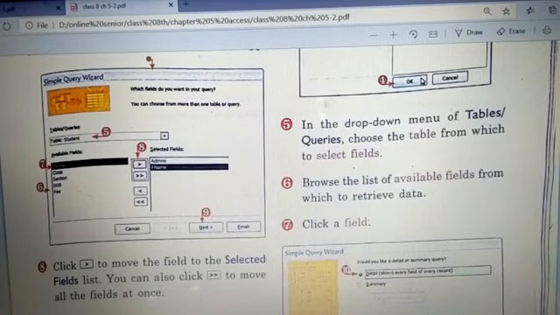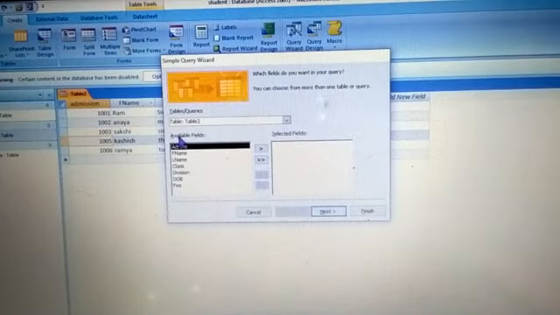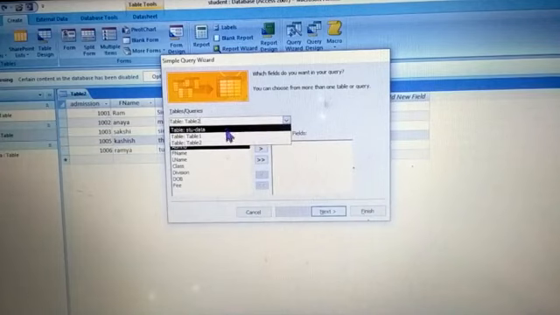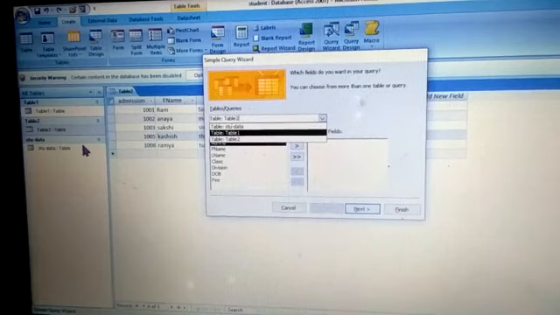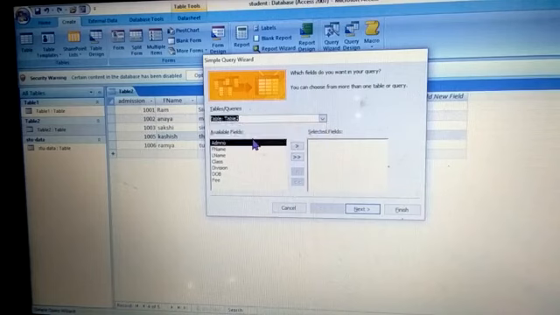So where we need to see, children, first is here. It will ask from where you want your data to be sorted or filtered, from student data, from table 1 or from table 2. So if you remember, children, see, in navigation pane there are 3 tables. We are having table 1, table 2 and student data, right? So from these it is asking which one you want your information to be taken. I will say table 2 because that is the only one having the record right now. So table 2 has been selected.